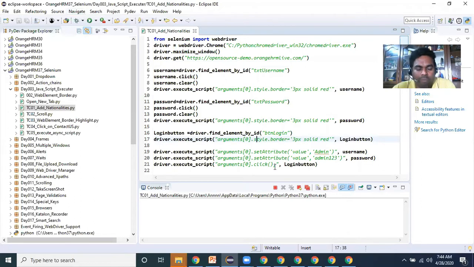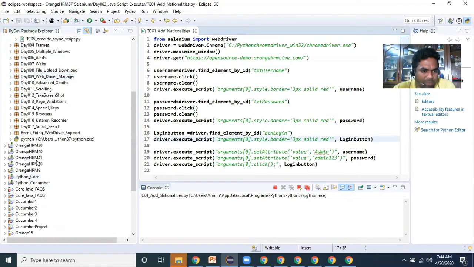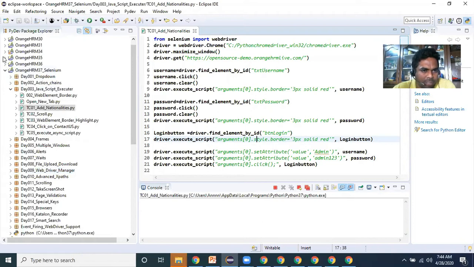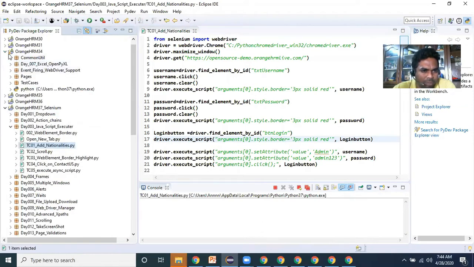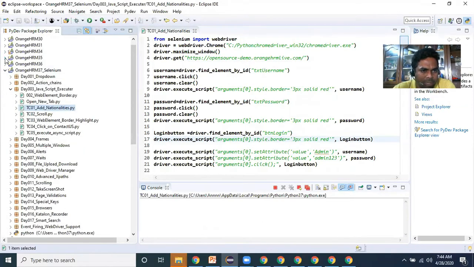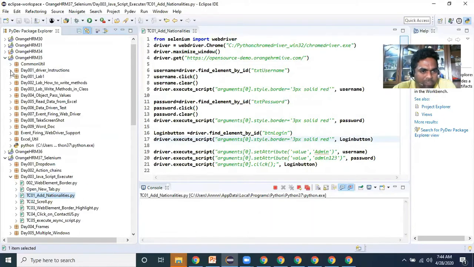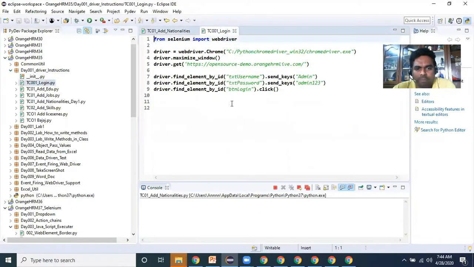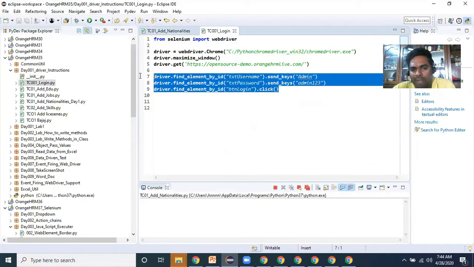In what cases will this be used? Suppose, let's take one example. In our first basic program we discussed, OrangeHRM 35. In this first basic program, you are writing sendKeys and click operations directly.